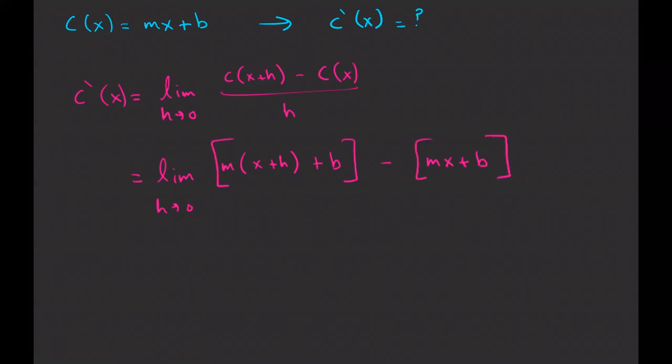If I don't put the parentheses over here on this side, then if I just write minus mx plus b, that b is added as opposed to subtracted. And we don't want that. We want it all to be subtracted. All this is divided by h. So if we work this out,